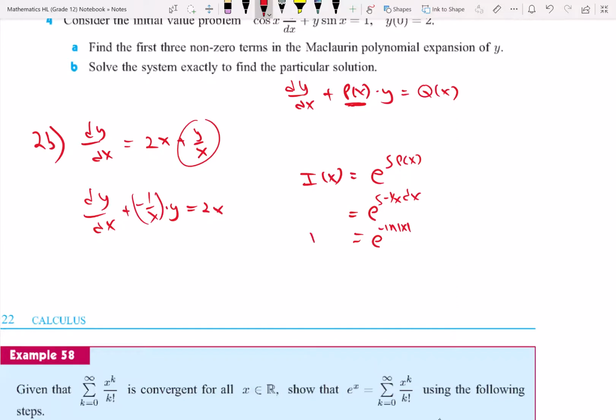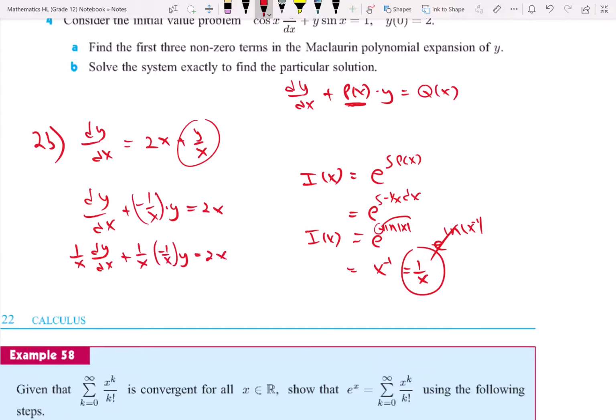We take this integrating factor and we multiply throughout, right? We multiply everything by it. Oh, and before we do that, let's simplify a little bit. I don't want to make that mistake again. This negative is like a negative 1. You could bring it up to the exponent. So that's the same as e to the ln x to the negative 1. These cancel. You're just left with x to the negative 1, which is the same as 1 over x. Right? So we're going to multiply everything by 1 over x. So 1 over x dy dx plus 1 over x